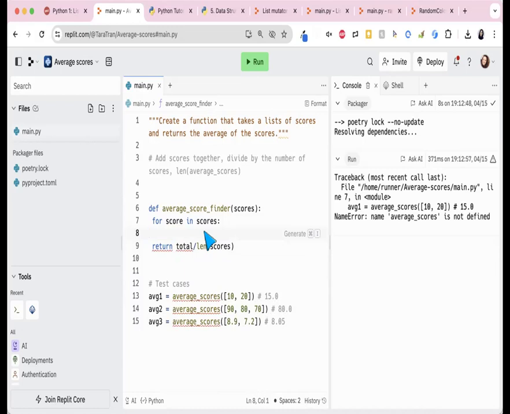Okay, let's recalibrate. What have I done so far? I created a function that takes a list of scores, called average score finder. What I did was I created a for-in loop specifically. Haven't done anything with that loop yet. I just know I have to create one, so I'll come back to that. But I know my ultimate answer is going to be some sort of total of the scores divided by the length of the scores. So what we're missing is one statement right here that adds in a score to the